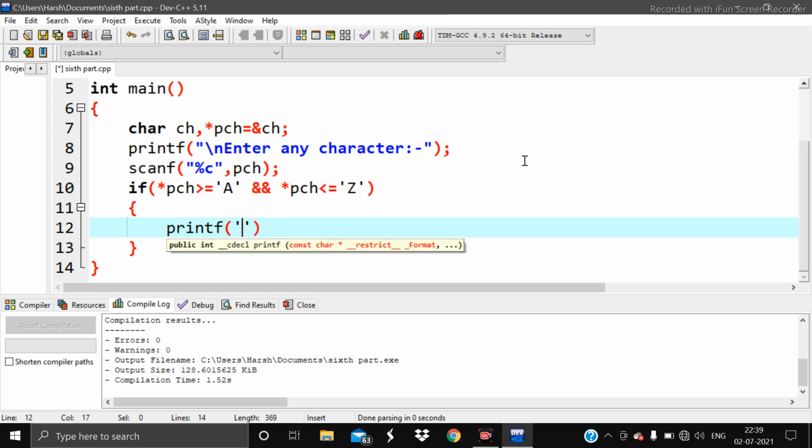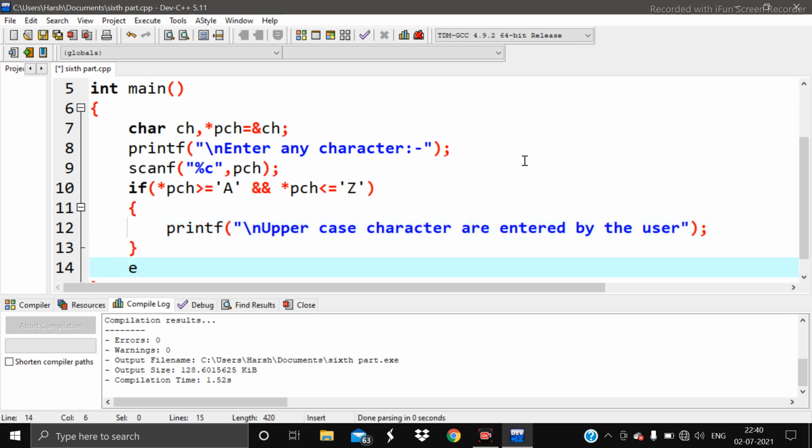So it will be printf, uppercase character is entered by the user.